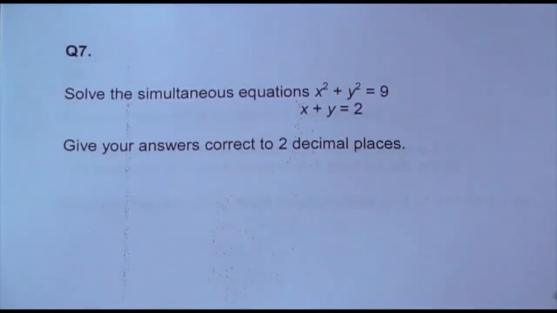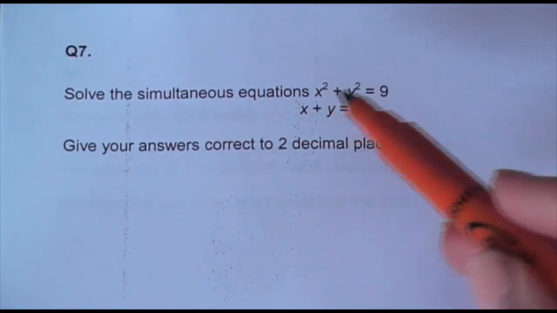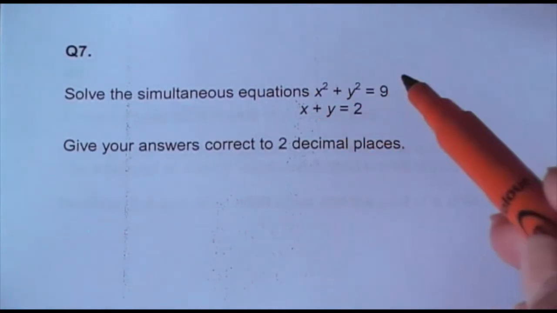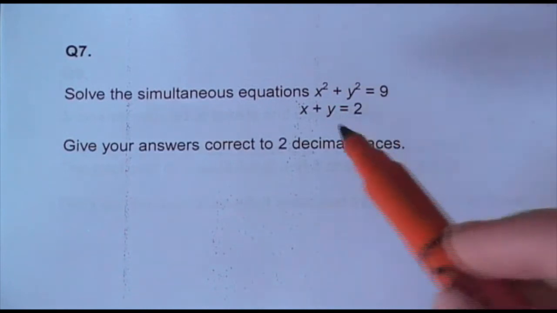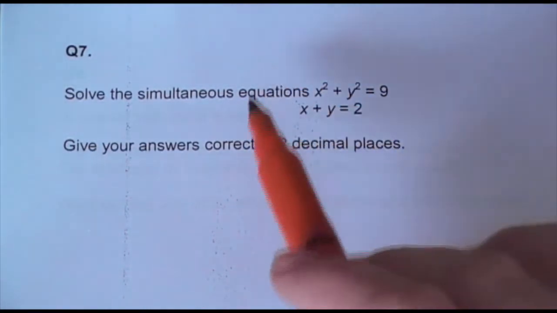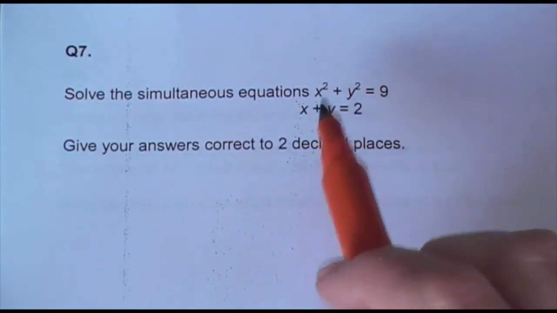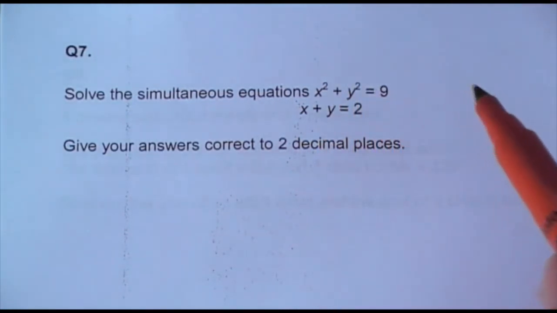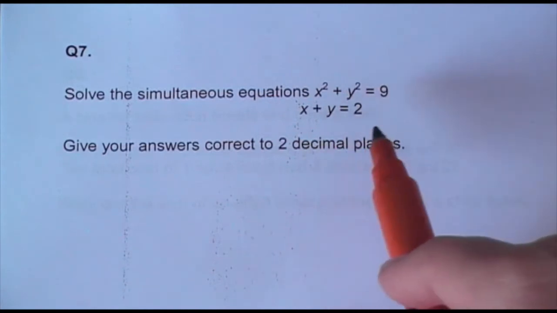These are solving simultaneous equations where one of them is a quadratic. I know this is a quadratic because it has squared terms in. This is linear because it doesn't have any powers. Now, when you're asked to solve simultaneous equations where one's linear, one's quadratic, you need to substitute the linear equation